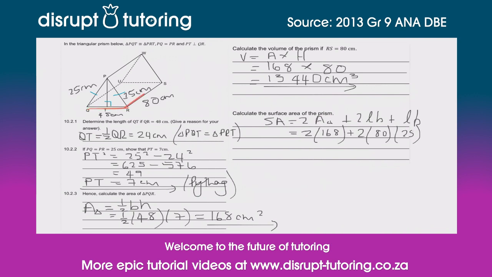And then I've got this rectangle underneath where I still need to paint the bottom, and that is going to have a length of 80 and a breadth of 48. So I'm going to add that, my last little bit. Brilliant. Right, I'm going to put all of that into my calculator now. So it's going to be 2 times 168 plus 2 times 80 times 25 plus 80 times 48, and that's going to give me